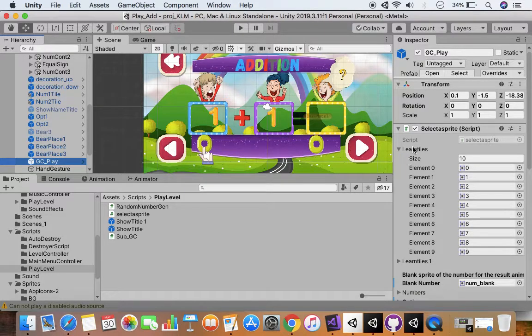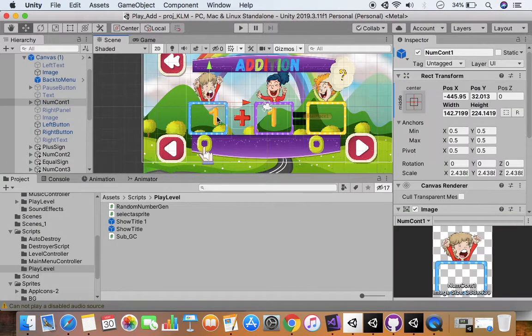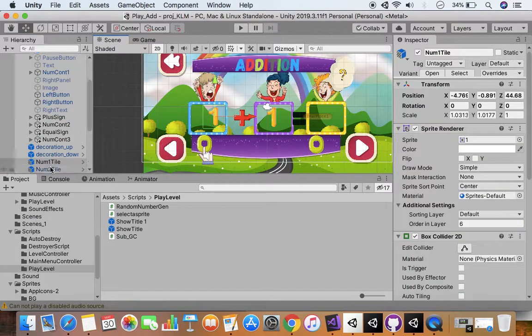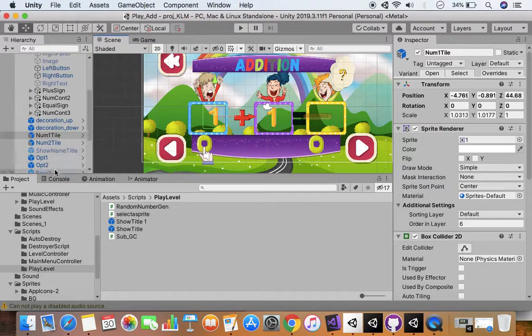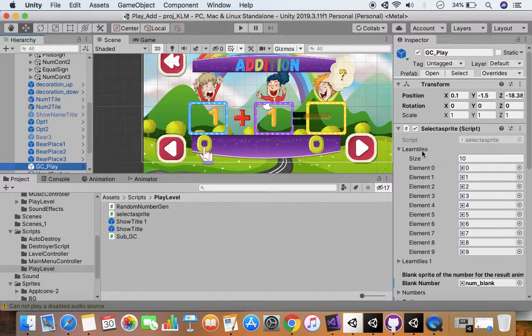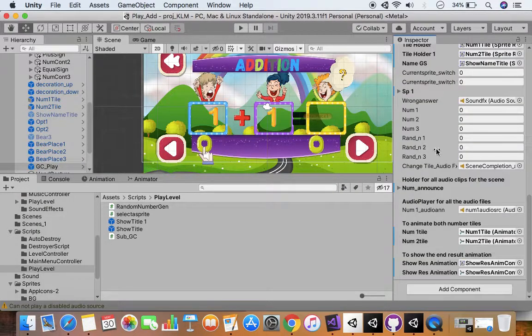This is the learn tiles. This is the variable in which all the values that are shown here at this num1 tile are loaded, in learn tiles 1. Similarly, all the files shown in the num tile 2, that means number 2 here, are loaded in learn tiles 1.